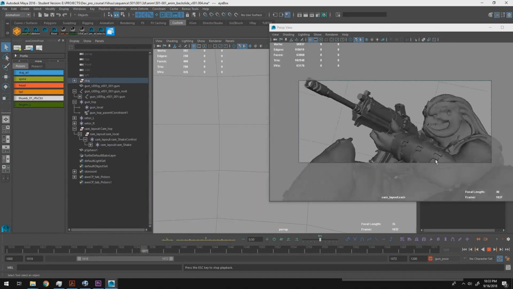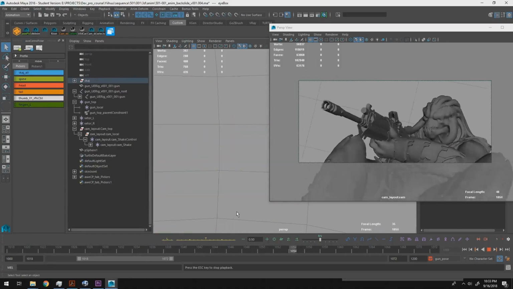So in the next course, I'm going to be talking about how to set up those POV shots, similar to